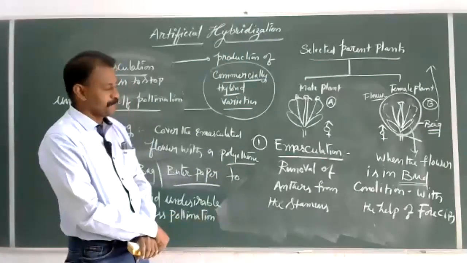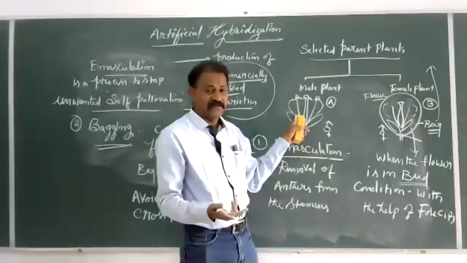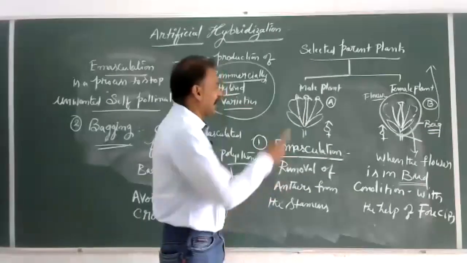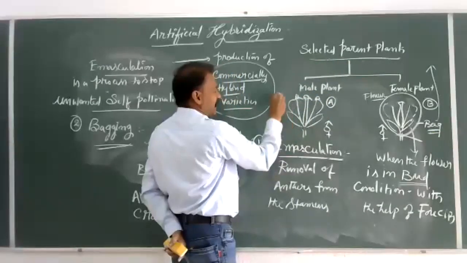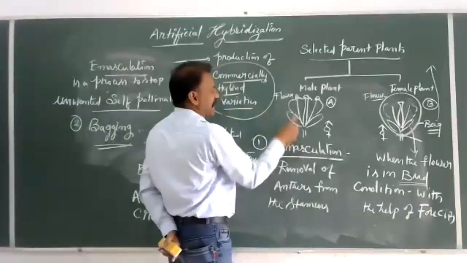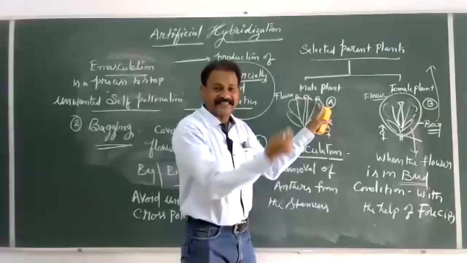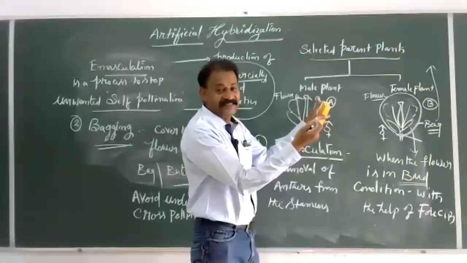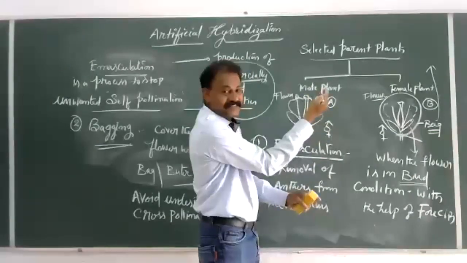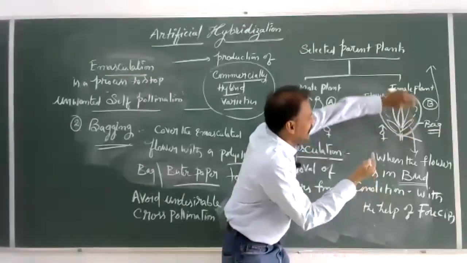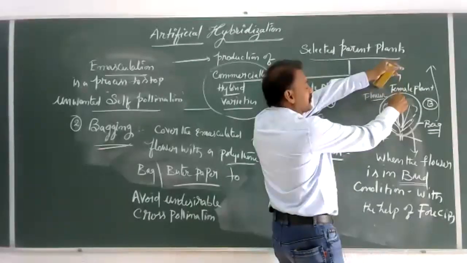After bagging, for a male plant, for a male flower, there is no requirement of emasculation and bagging. Why? We want only pollen. This is a desirable plant, the selected parent plant, the male flower. A male flower consists of stamen, anther. When it becomes mature, let us take the pollen grains on a brush. With the help of a brush, collect the pollen grains, open the bag, and dust the pollen grains on the stigma.